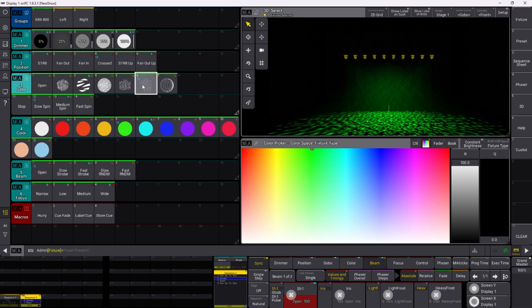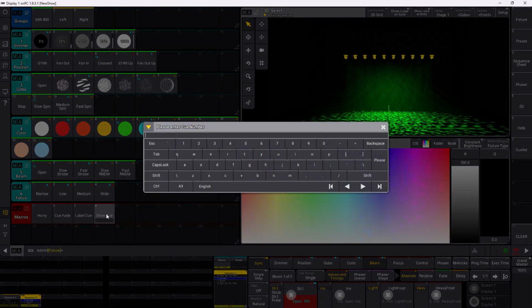Now something to note, you can't fade into a new gobo because it's the physical wheel on the fixture itself. So you're going to see it spinning through all the other gobos, but just for learning's sake, I'll show you what it looks like. So we'll go ahead and store this into Q4,